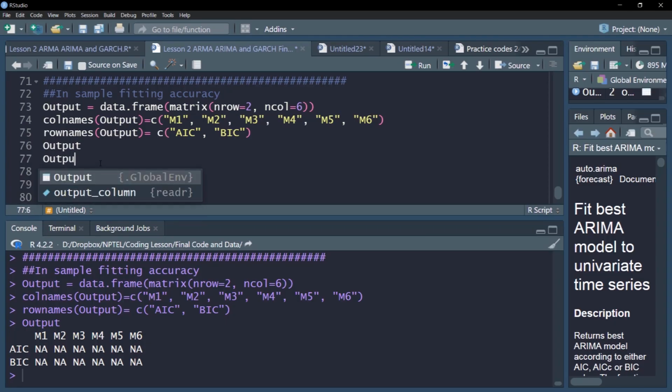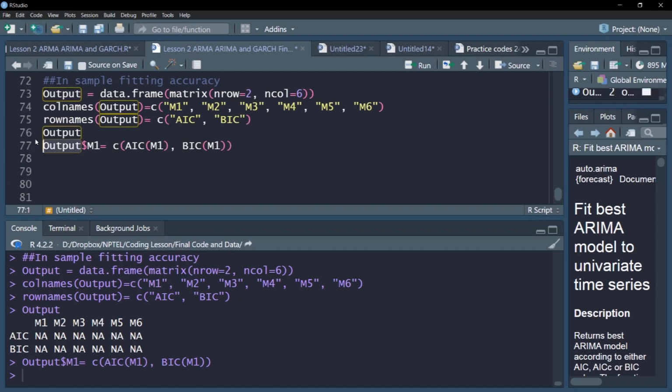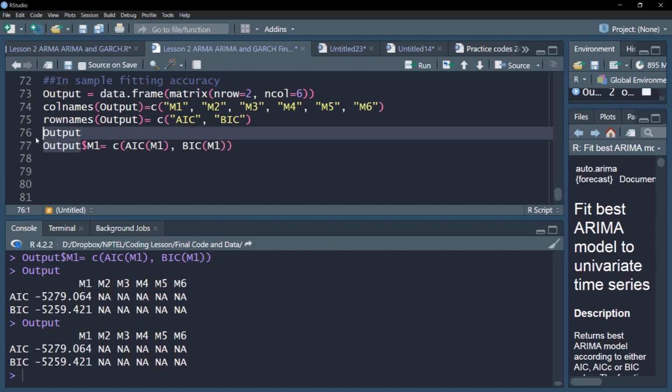So first, the simple way to do this is to pick a column. Let's say the first column is M1. Then I extract the AIC value from the M1 model and also the BIC value from the M1 model. If I run this command, the first column, M1, is assigned these AIC BIC values.